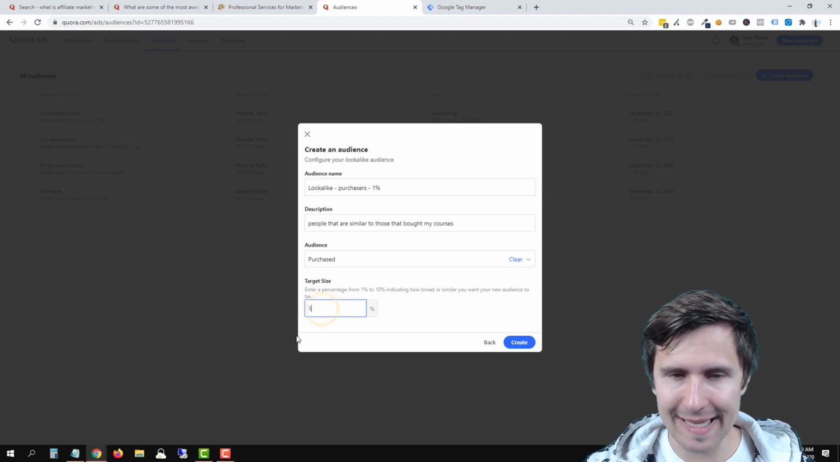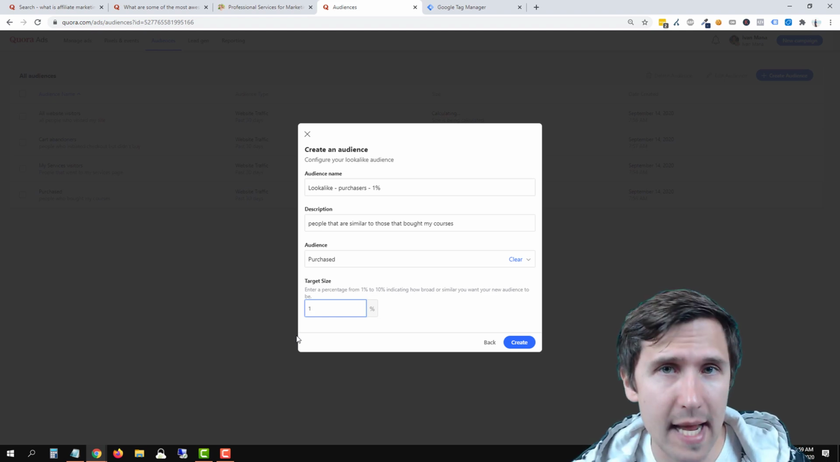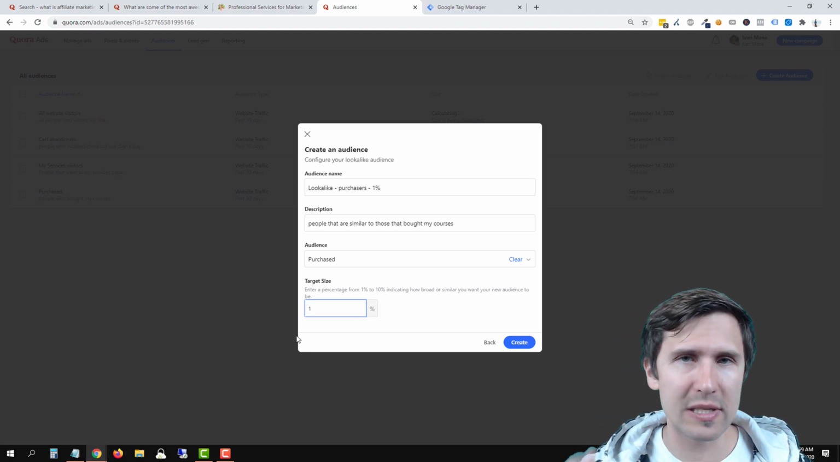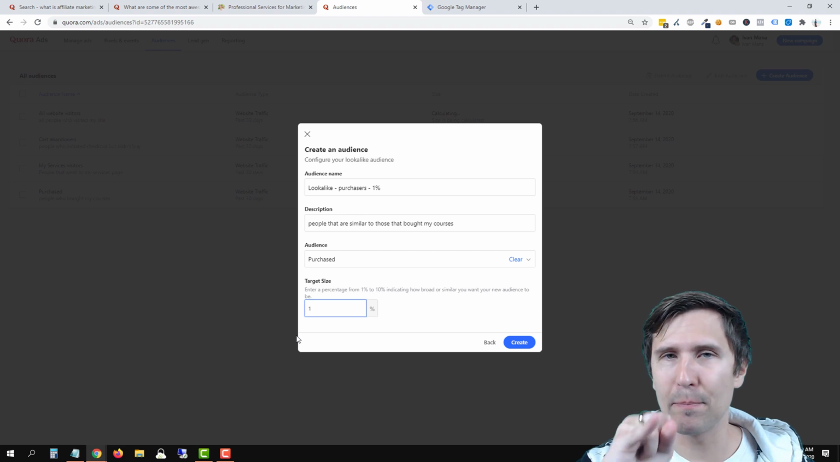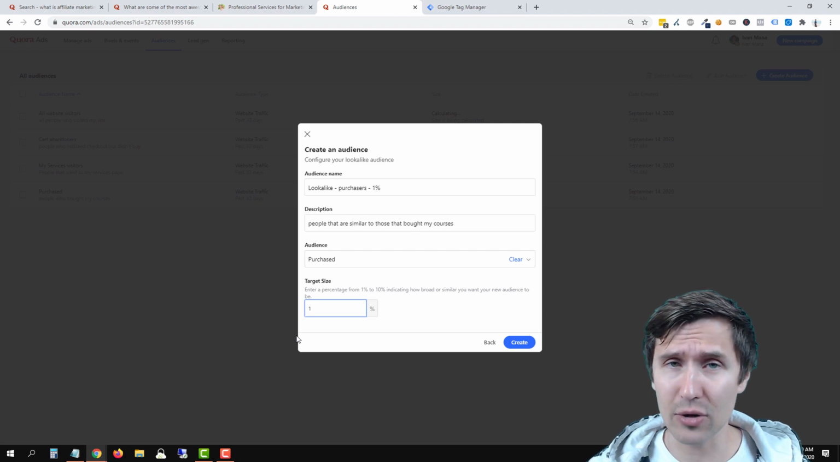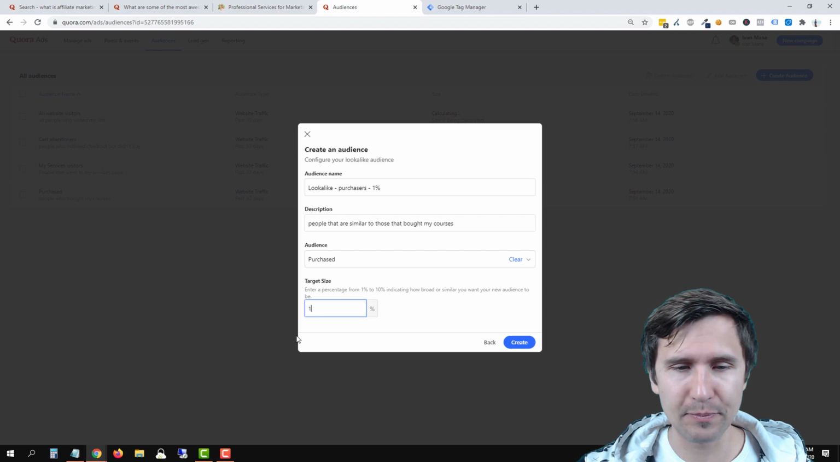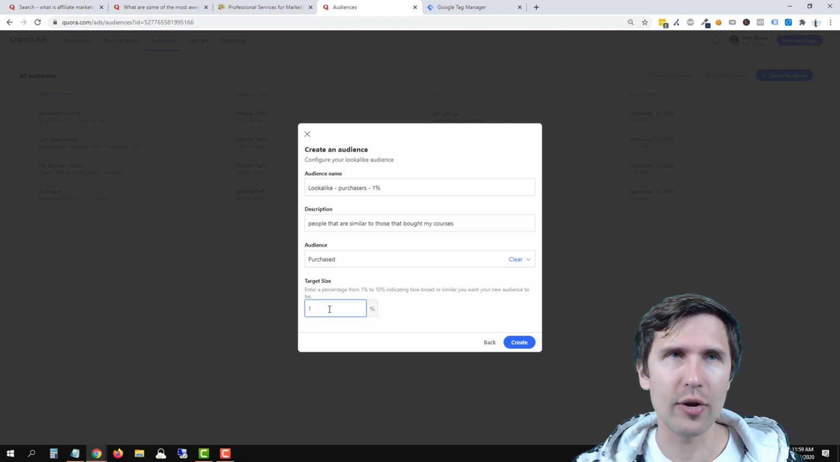If I say 1%, it's not going to be as big. The audience is not going to be big because it's only the top 1%, but it's the top 1%. So it's people that are most closely similar to people that purchased your products, okay? So I would probably go with 1%. I probably wouldn't go with 10% or even 2% or 3%. You can test and experiment with this and try it out, but I would say 1% is the most